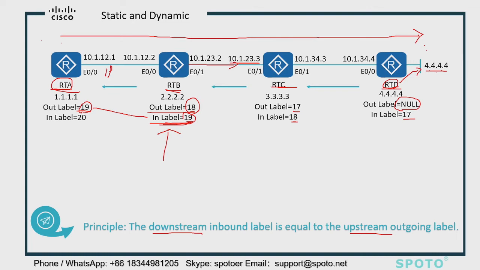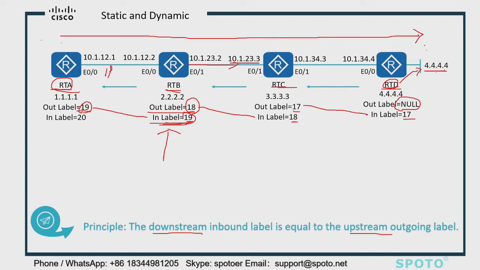And for the next one, this is the upstream out level, and this one is the downstream in level. They are the same, and they are the same. All these levels mean the destination address is this one. Okay, so this is about MPLS and about the static